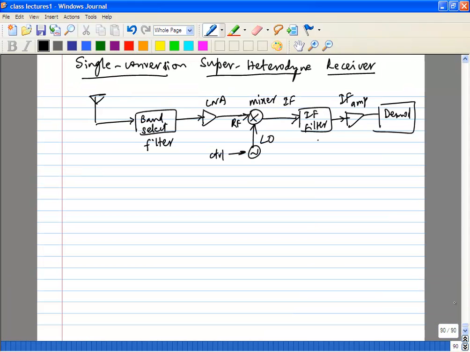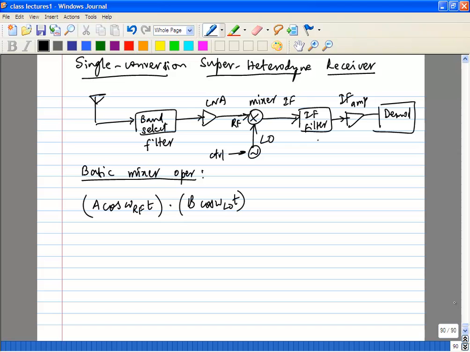So your basic mixer operation is, let's say you have two signals. Let's say this is your RF signal, A cos omega RF t. Your mixer is simply a multiplier in the time domain. So you can rewrite this as